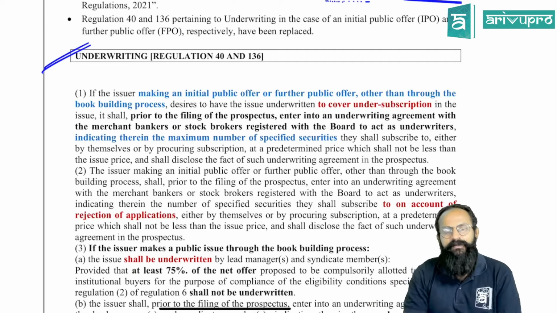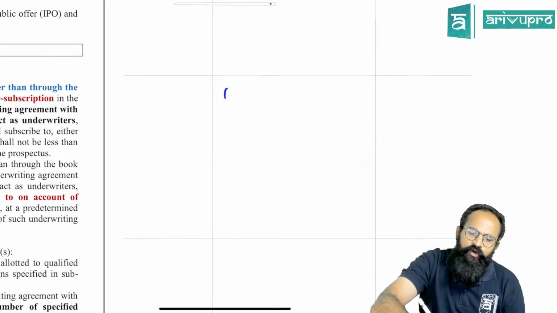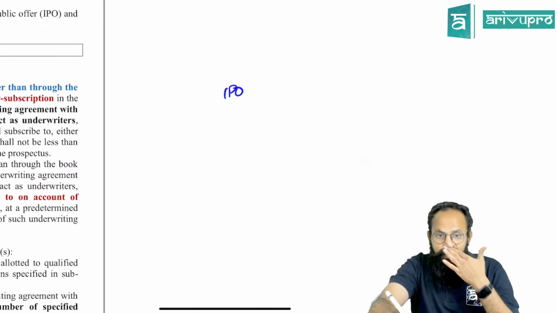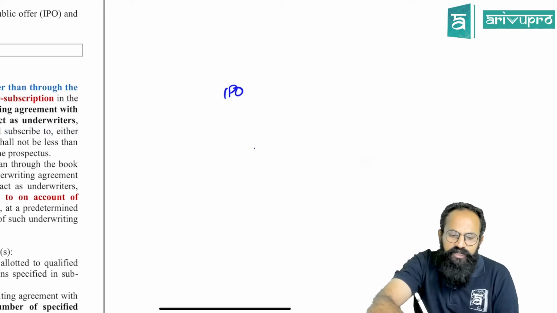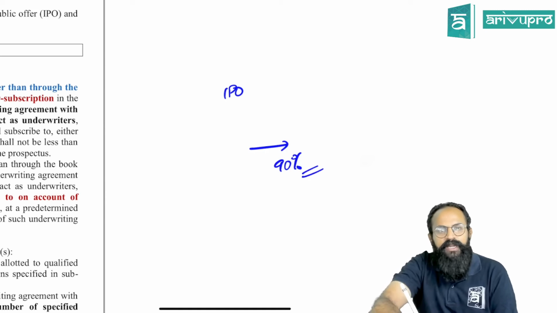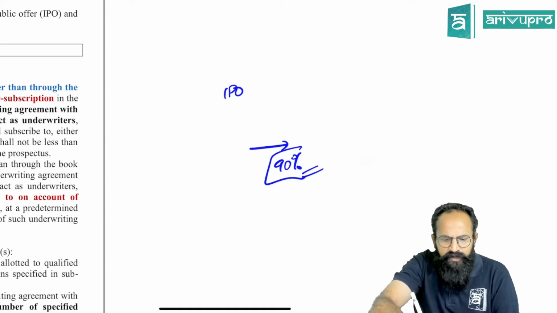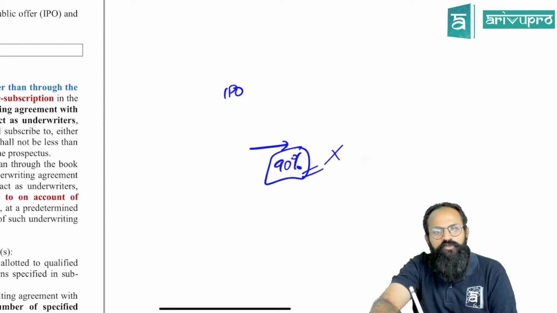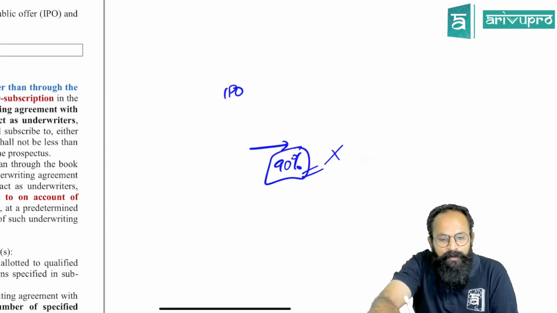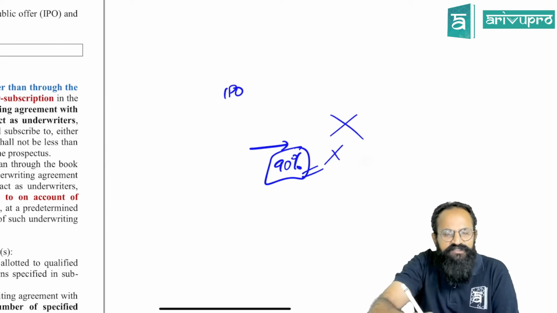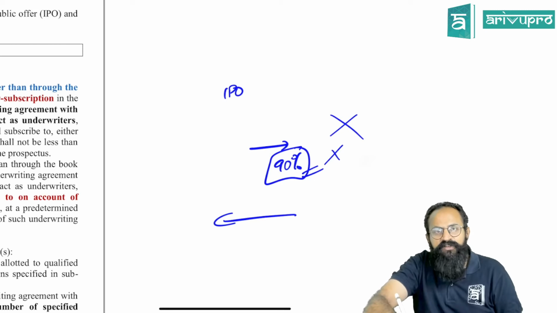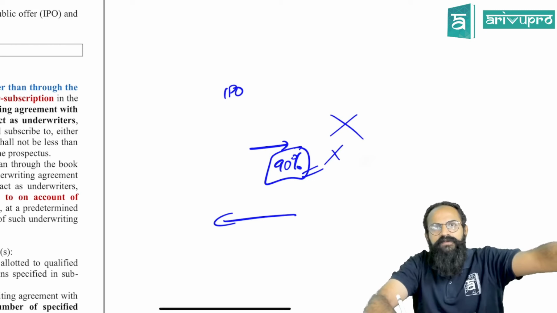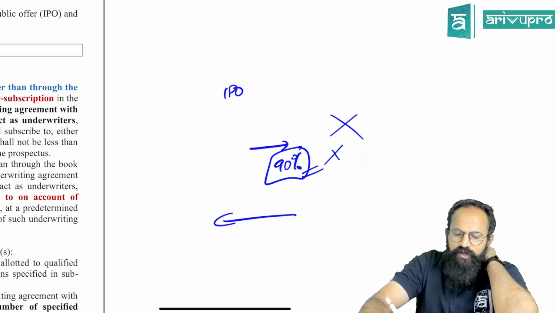What is underwriting, people? I told you, whenever a company goes for an IPO or an FPO, a further public offer, if a public offer has to be complete, whatever offer you made, 90% of it has to be subscribed. If your 90% is not subscribed, now what is going to happen? Your entire public offer is considered unsuccessful. You need to return the money you have taken. Imagine if it is 80% subscribed, you have to return the entire 80%. So to avoid this, what will happen?